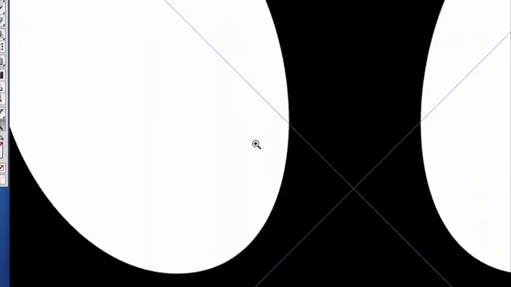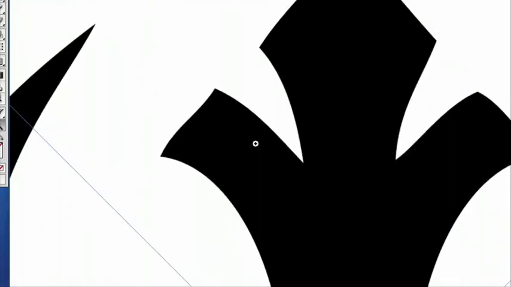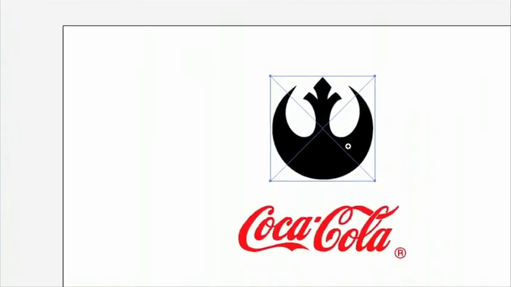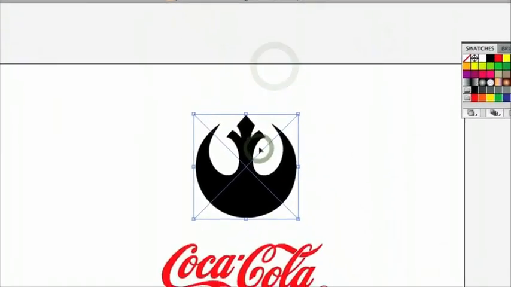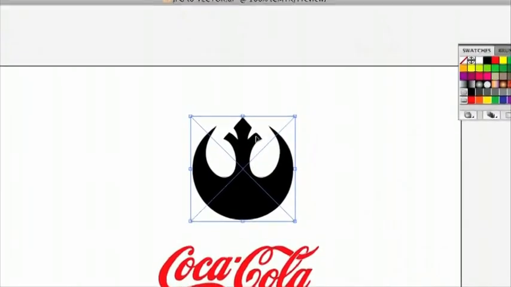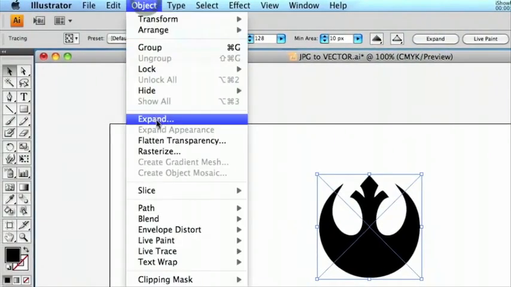If I zoom into the Coca-Cola logo, for example, you'll still see that this one is very pixelated, but now our black and white logo is now a vector illustration. What this also does is converts it into black and white. So in order to separate the black logo from its white background, what we then want to do is go to Expand,